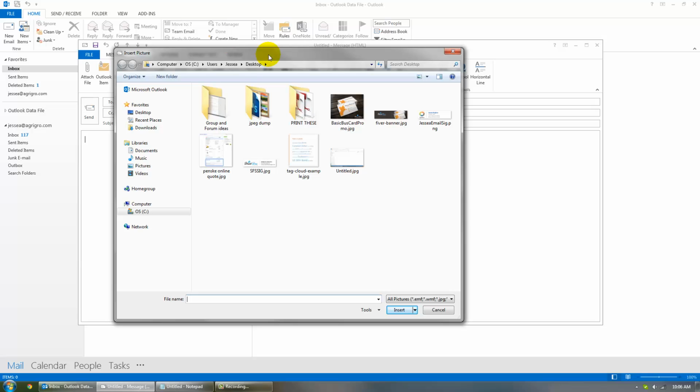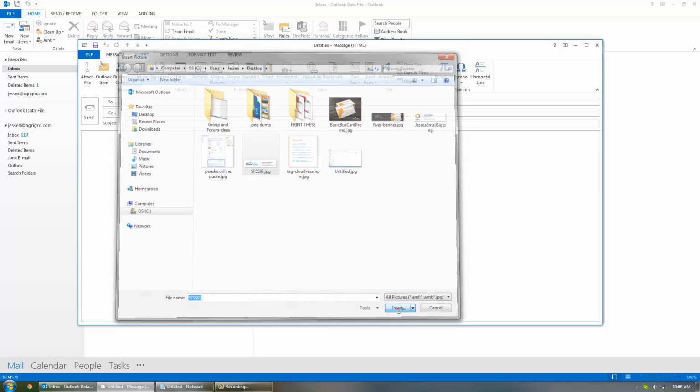And right now it's opening up my desktop. And basically you're just looking for the location of the signature image file you're going to be using, so that might be in a different folder, but in this case I've got the signature image on my desktop for easy access. I'm going to use my Streetfire Design signature for this test. Click Insert,